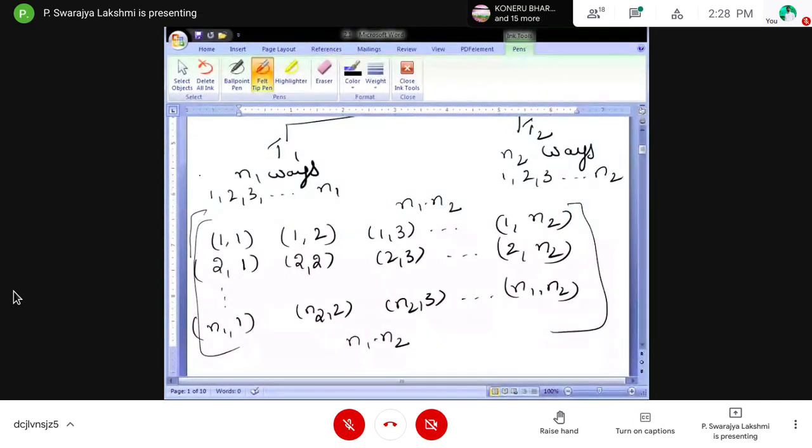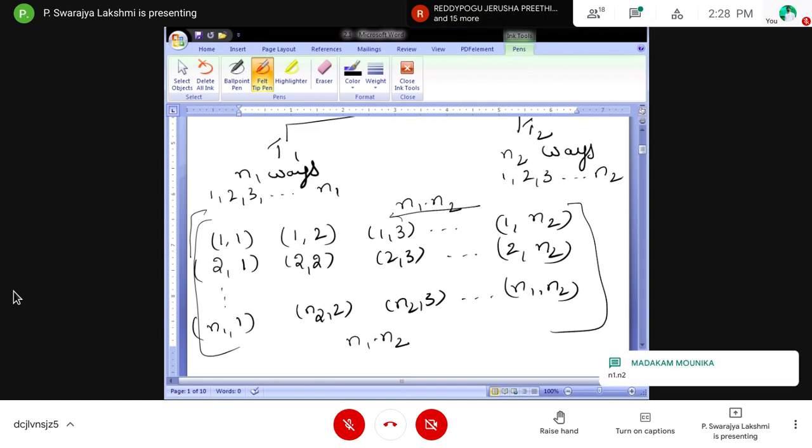So if I'm saying a procedure is broken into two tasks, so task one has n1 ways to complete and task two has n2 ways to complete. So total how many ways we can solve this task is the product rule, that is n1 into n2. Is it clear at least right now? Right? So that is enough.